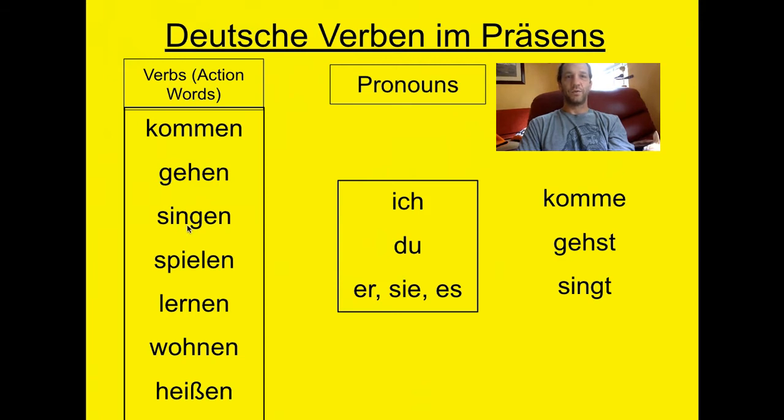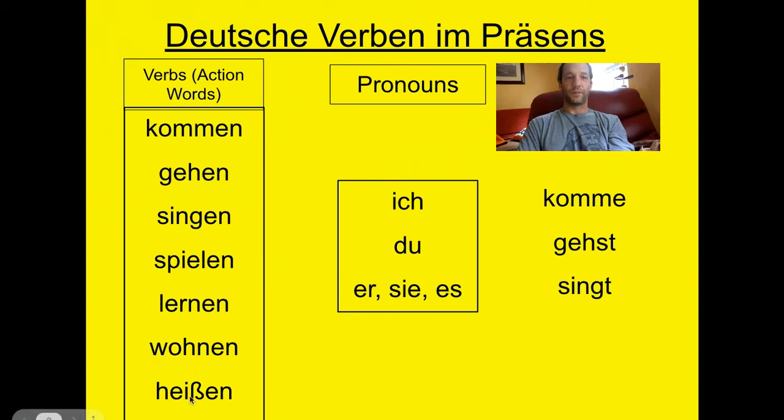Singen, to sing. The fourth one is spielen, to play. Dann haben wir lernen. Can you guess what lernen means? What does that look like? To learn. Wohnen,